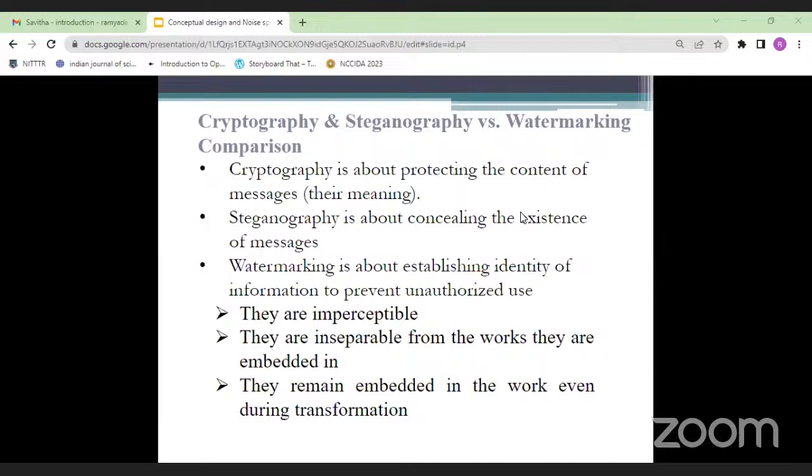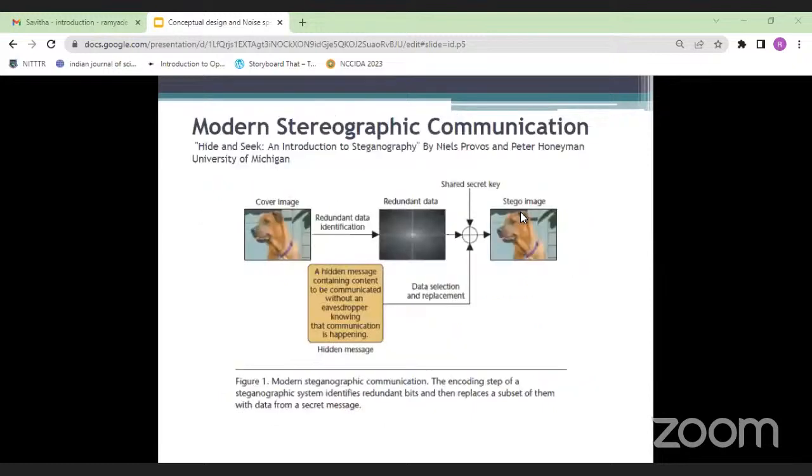The word steganography comes from the Greek word meaning covered writing. An example includes sending a message by a spy, marking certain letters in a newspaper. We have seen this in many ancient ways of concealing messages, right? So here I have an example for you.